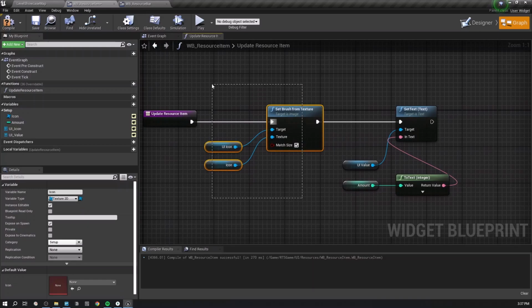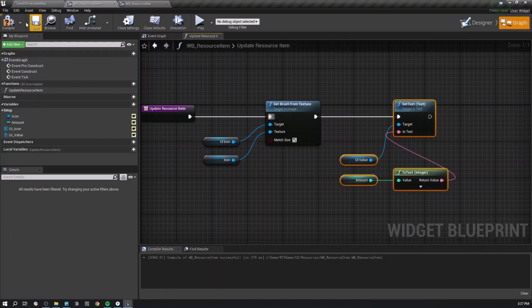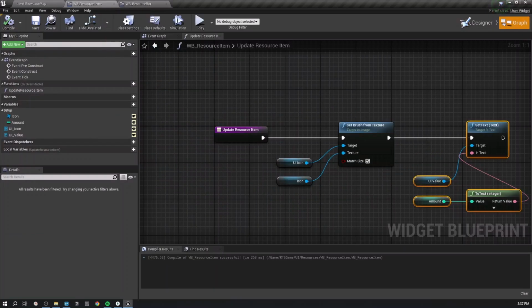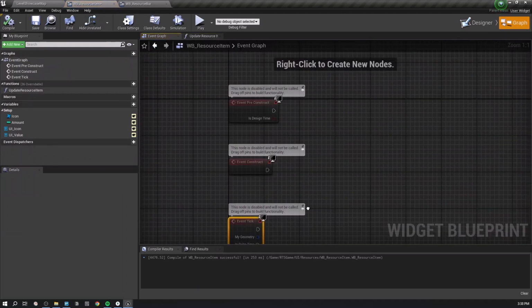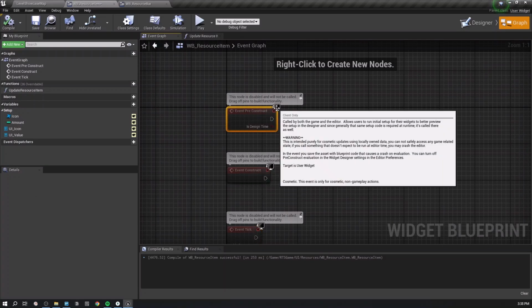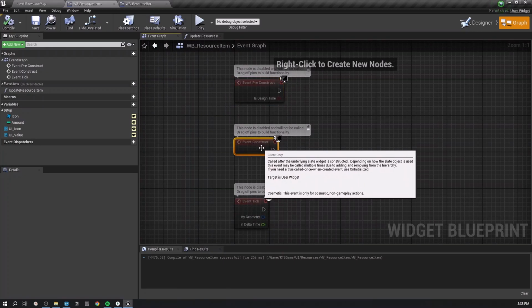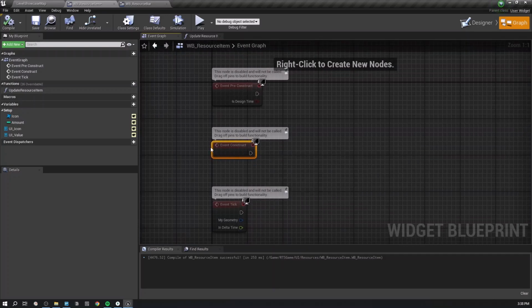And yeah, so this is how we can update our icon and amount at the UI level, but still you can't see any change, right? Because we haven't called this function anywhere yet. So actually the calling will happen in two stages. First one is event pre-construct, right? So this is just for the visualization at your client, and the second one is construct. So construct means when you spin up your game, when the HUD is initialized, this event will